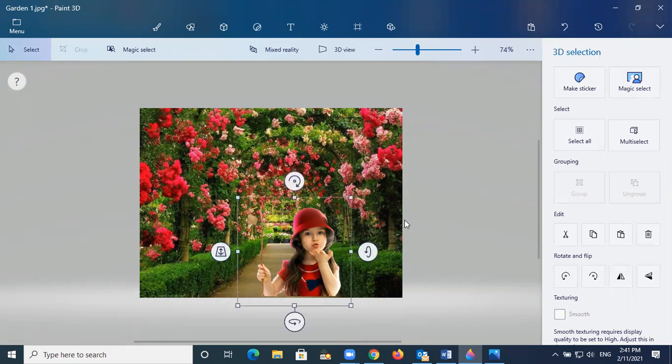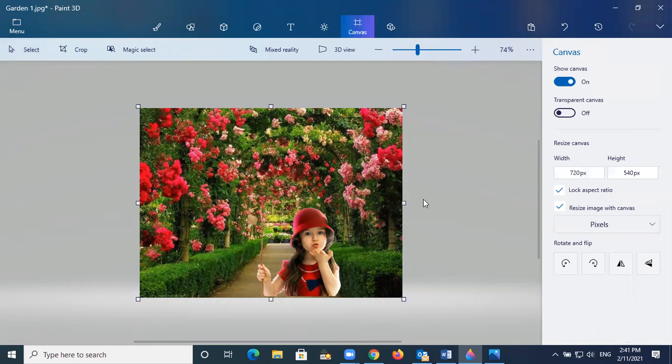Okay, then this is the thing. And then you can even adjust the girl's size, smaller or bigger. It is up to you. And again, this one you can also move up or down or whatever, it is up to you. Okay, and now after I put it here, you just click anywhere. And then now I'm going to add this, whatever she is holding.